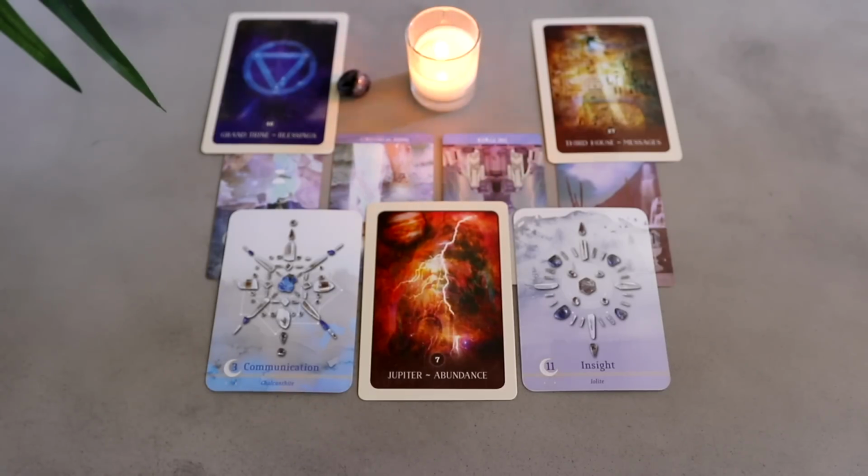So you guys have this natural talent for that. You guys have this natural gift to pick up on a lot of knowledge, and communication over here with Gemini, you guys are naturally really good communicators. And with this insight over here, you're really good at picking up on a lot, even from the most subtle things. I feel like one thing that you're going to learn as you get older is that even the smallest of conversations, when you're sitting on an airplane and you ask a little bit about the person next to you,